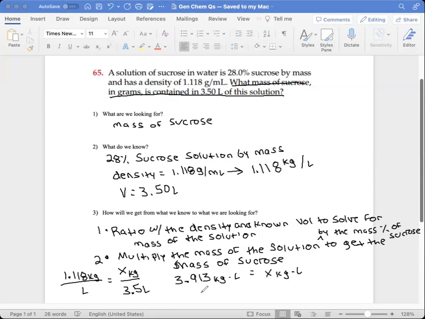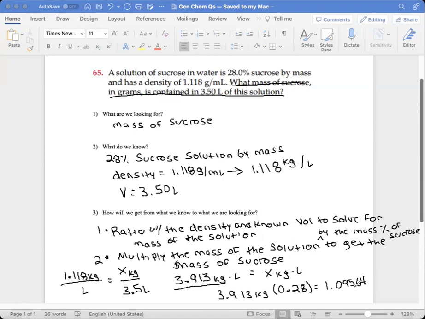So we know that our X, or our mass of the solution, is just going to be 3.913 kilograms. And now all that's left to do is multiply 3.913 kilograms by 0.28, the mass percent of sucrose, to give us